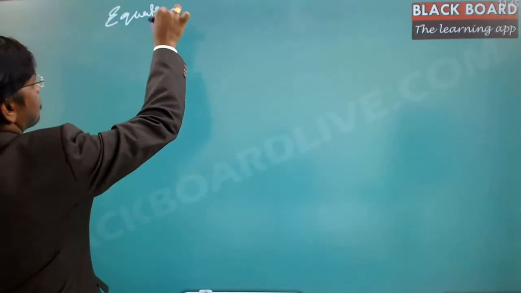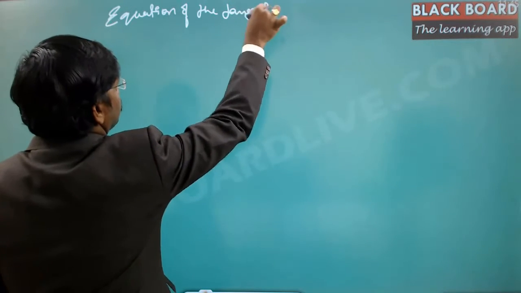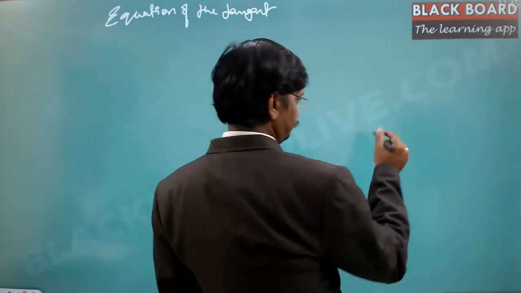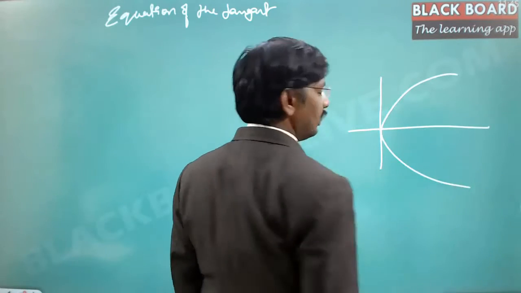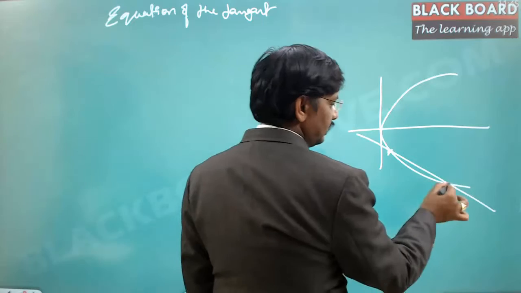Equation of the tangent. So the equation of the tangent in a different format, we can do that. See this, suppose actually there is a parabola like this. This is the parabola. Now I can draw a chord like this by intersecting it at two different